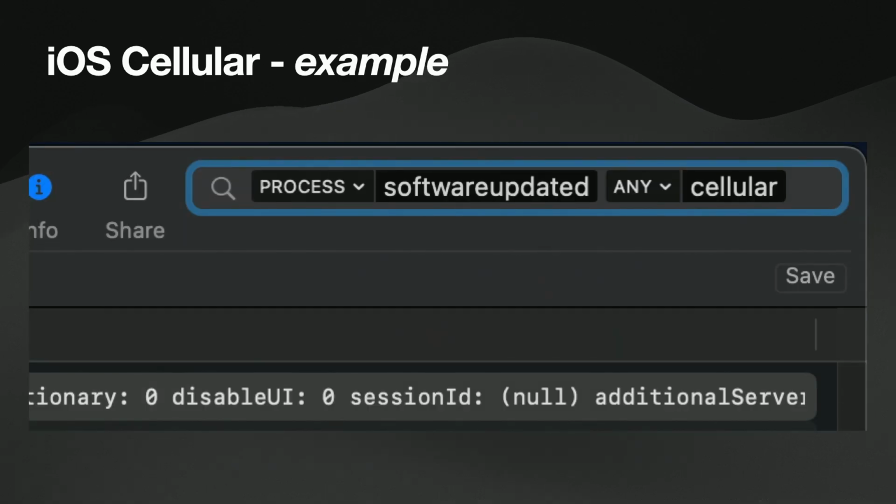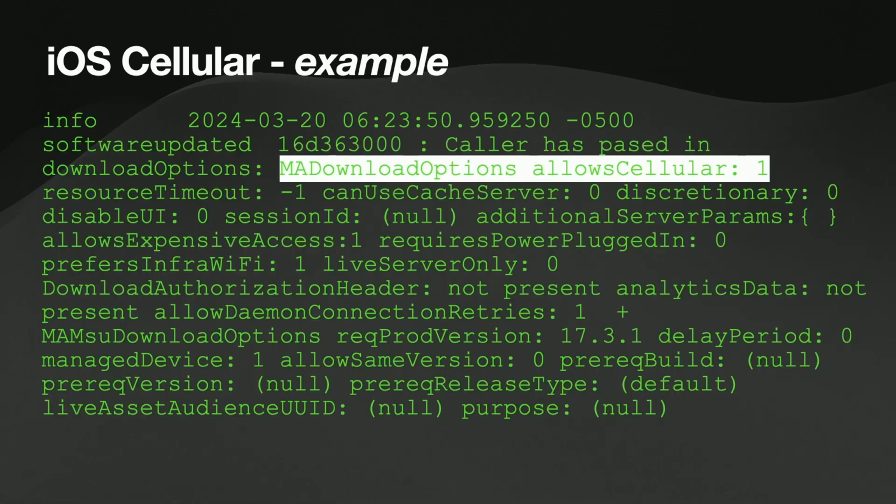So this is where the beauty of having the GUI and the more wide filtering and being able to adapt immediately comes in. I'm saying, okay, there's got to be something about cellular related to this. I don't know exactly what the text is going to be verbatim, but there's something in there. I know I've seen it in the past. Let's go and look for that. So sure enough, I get that. I pull that down, and one of the entries, lo and behold, is that MA download option allows cellular 1,